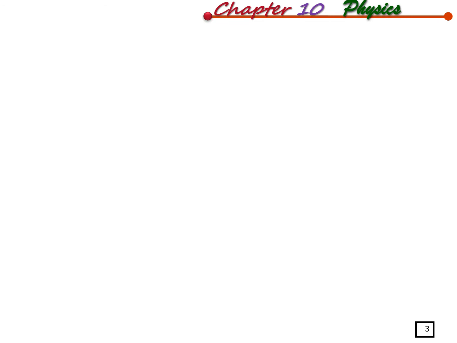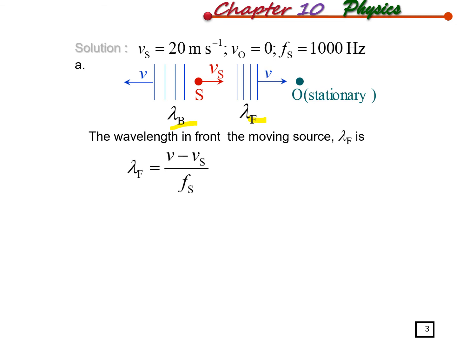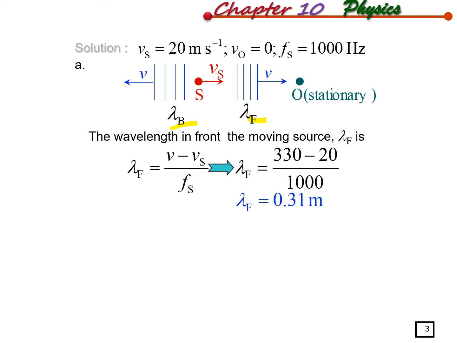Solution for A. The observer will be stationary and the source will be moving toward the observer. So basically over here we will have two wavelengths to determine, which will be at the front and at the back. Now the wavelength in front: the source is moving toward the observer, so this one will be minus. If you look into the general equation, we have plus or minus Vs, source moving toward or moving away. Now the source is moving toward the observer, so minus, which will end up with 0.31